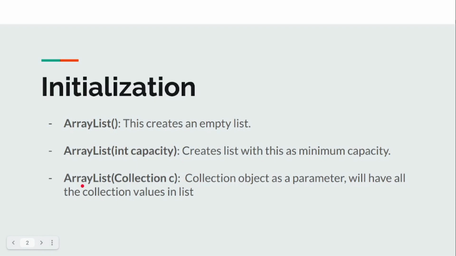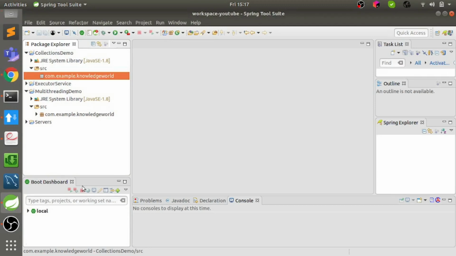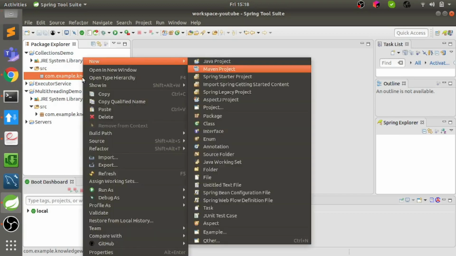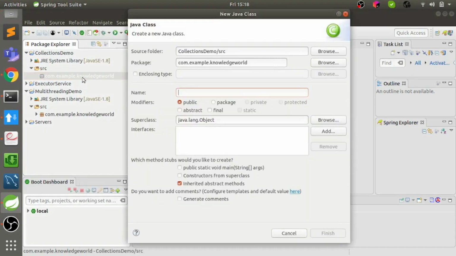Before we go into this depth, let's understand two terms. One is the size. The size of the ArrayList means the number of elements currently residing in that ArrayList, and the other is the capacity, which is the actual size of the array that the ArrayList is using internally. Okay, so let me create one file and then we'll go into that. ArrayListDemo, and just create the main function.